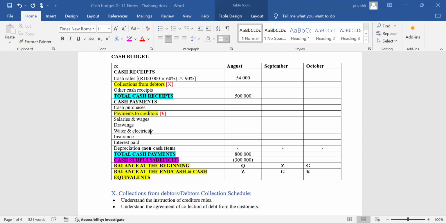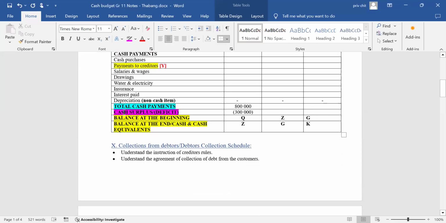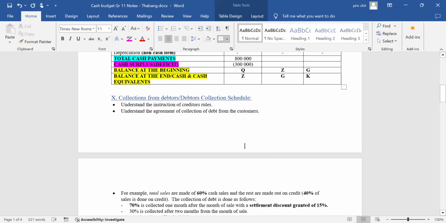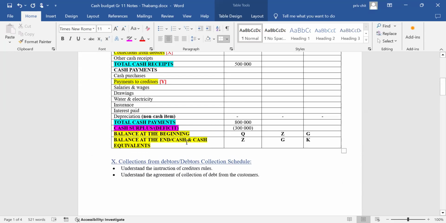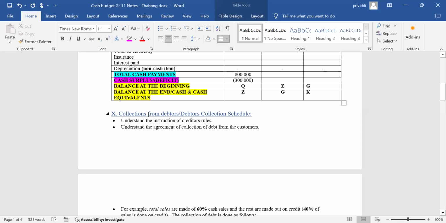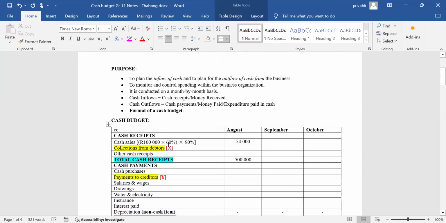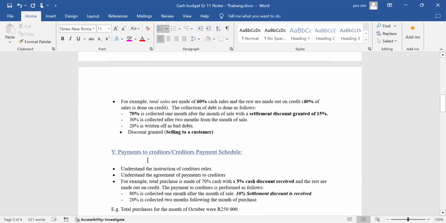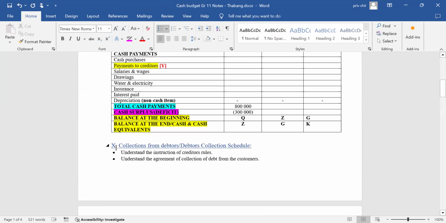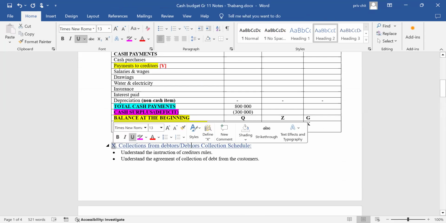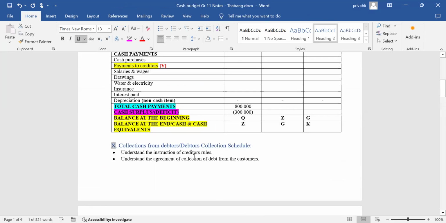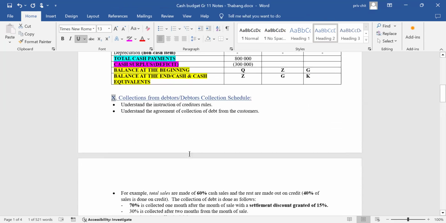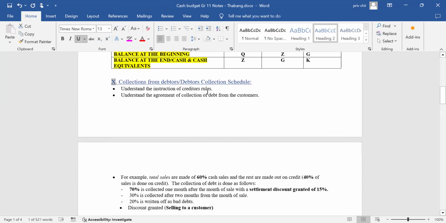Right, but before I do that, I want you to understand something about collections from debtors, as well as payments to creditors. So let's start with collections from debtors, which is what I denoted as X over there. This X is just a cross-reference that I've used here. So what happens with collections from debtors, or the debtors collection schedule? First of all, you need to understand the instruction of creditors rules or